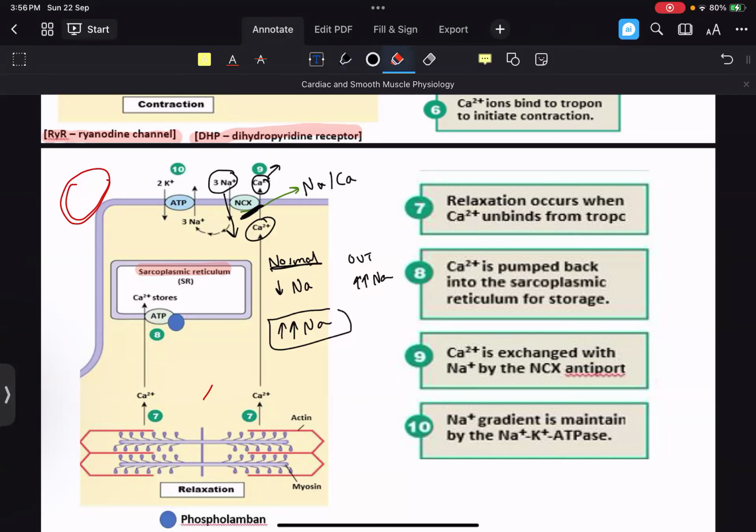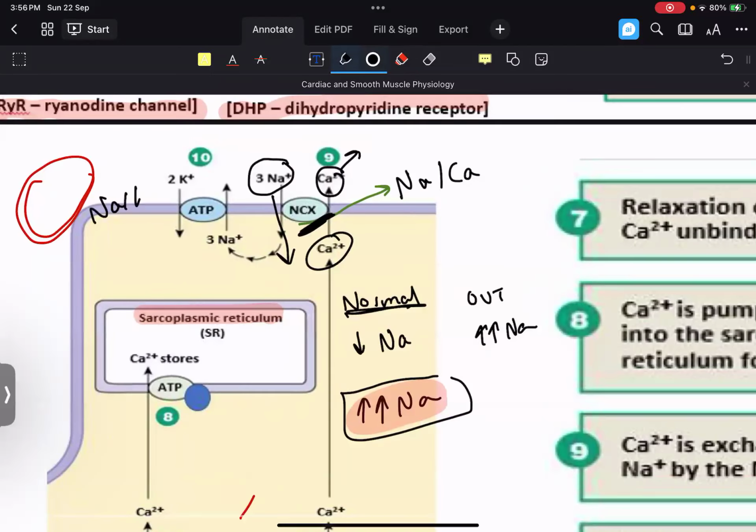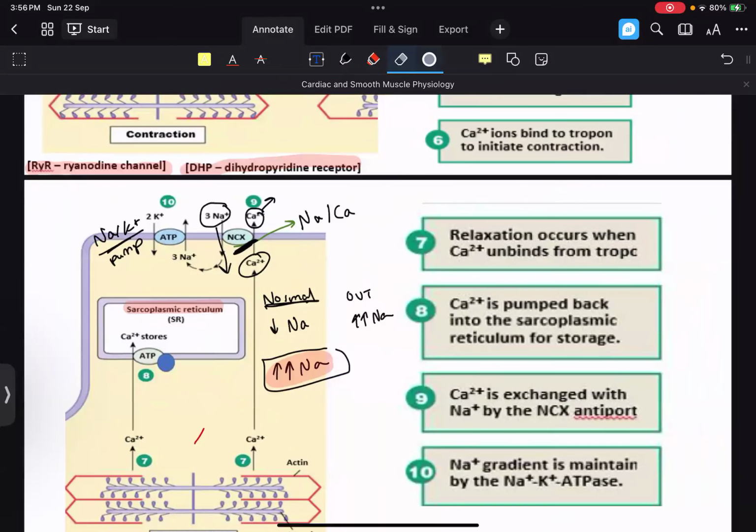So what we need to do is decrease this amount of sodium ASAP. How do we do that? This is where the sodium potassium pump comes in. This is a very important enzyme that you're going to see in a million different ways. What this sodium potassium pump is going to do is kick those 3 sodiums back out, so you're not having this increase of sodium inside the cell, and it's going to bring back 2 potassium